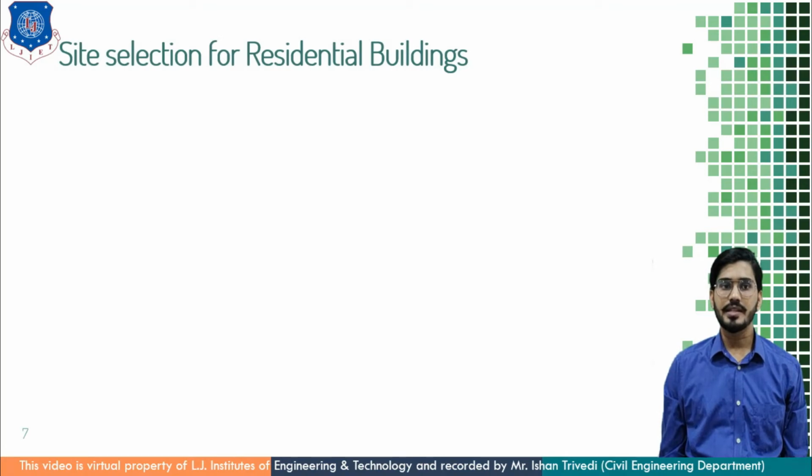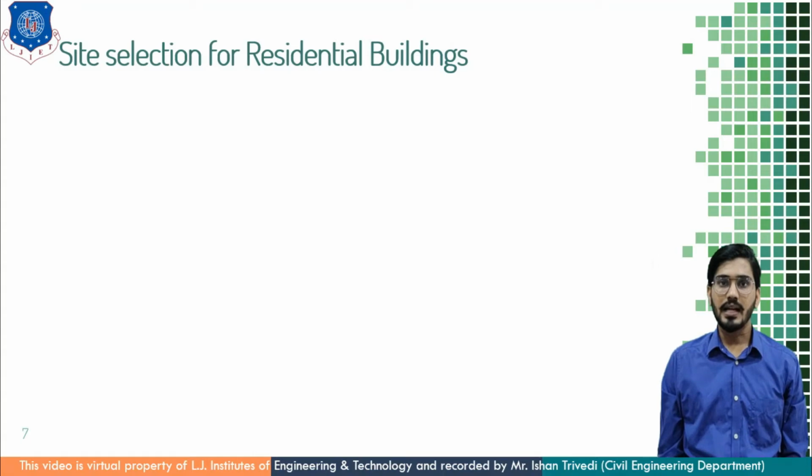Now, the theory is site selection for residential buildings. This site selection includes topography, nature of soil, position of groundwater table, nearness facilities, whether it is utility or amenity services, then neighborhood, vegetation, shape of the site, then availability of labor and materials, proximity to river, canal, any lake, or place of any natural beauty. Then at last, nearness to the industries, education, markets, sewage farm, and so on.